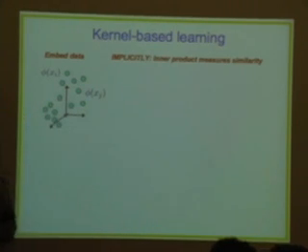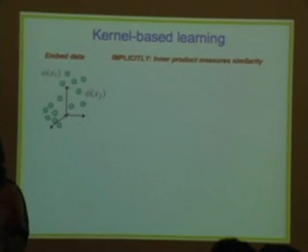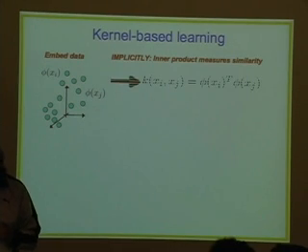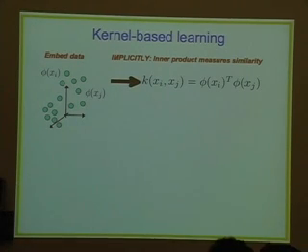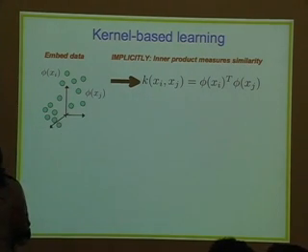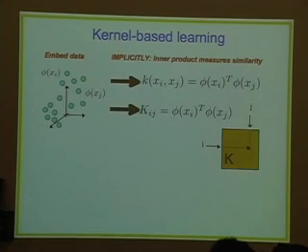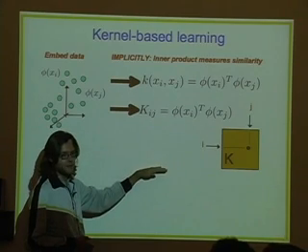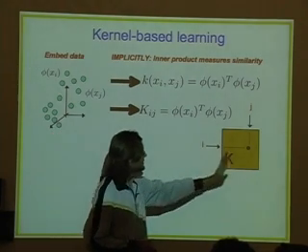And those inner products can also be interpreted as some kind of measure of similarity between pairs of data points, which is an interesting interpretation to easily understand this framework in a more general setting. Now, to define this inner product in this high-dimensional space, one can either use the so-called kernel function, which just defines the inner product between each pair of data points xi, xj, or you can define what's called a kernel matrix, which is a matrix that has as many rows as there are data points, and as many columns as there are data points.